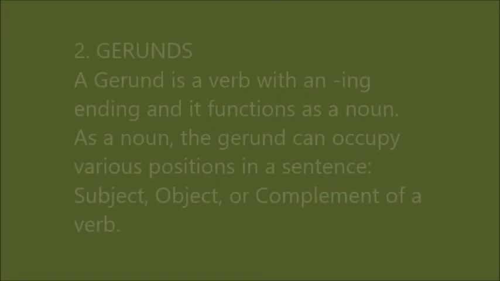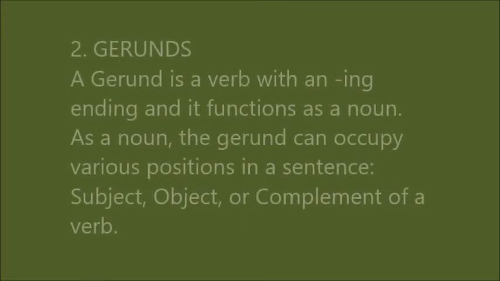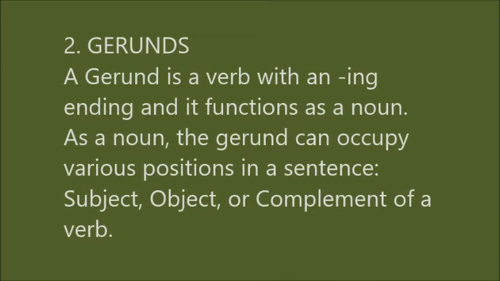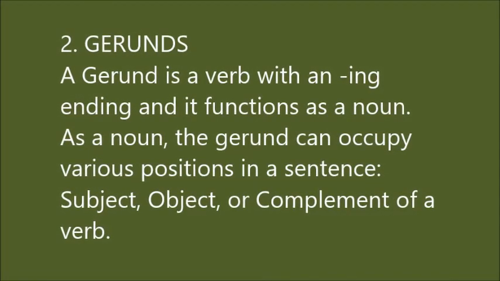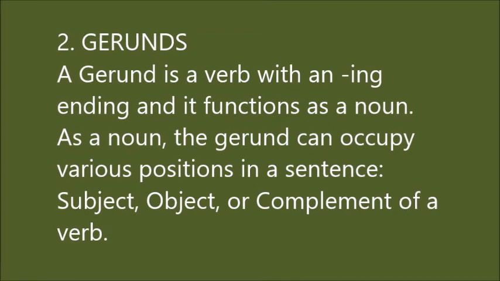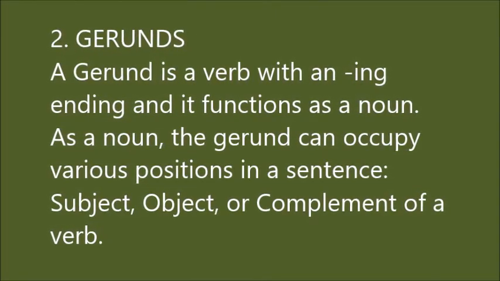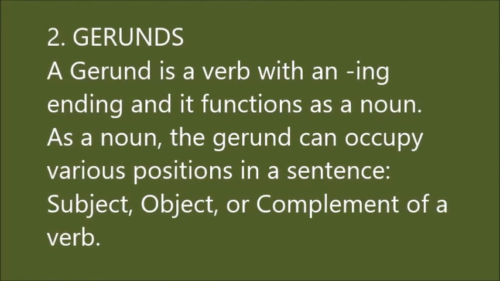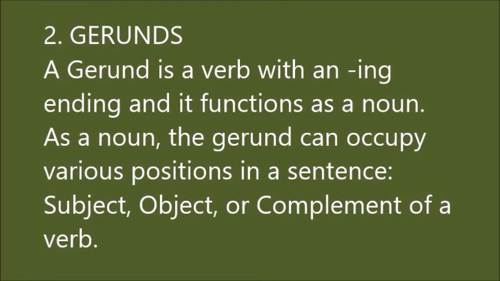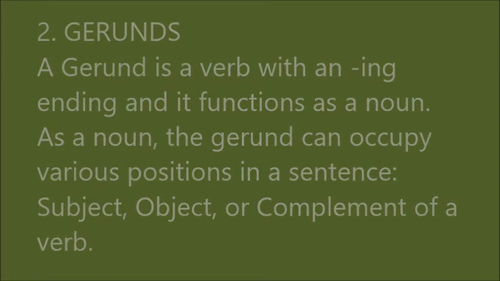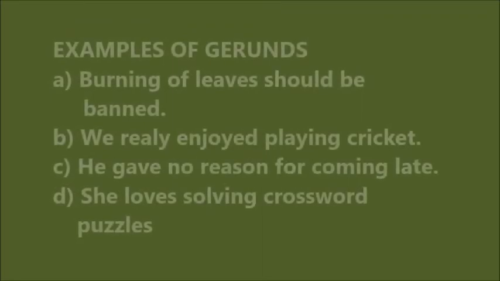The second kind of non-finite verbs is the gerund. A gerund is a verb with an ing ending and it functions as a noun. As a noun, the gerund can occupy various positions in a sentence as subject, object, or complement of a verb. Examples of gerunds: